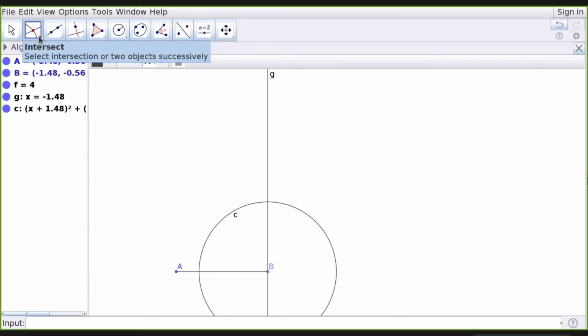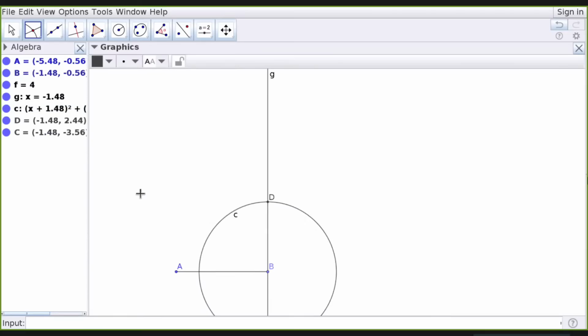Once you keep your mouse on this tool, it will show how the tool should work. Either you select the intersection point directly or click on the two objects. So I will click here. Then I got a point. So I will repeat it once again.